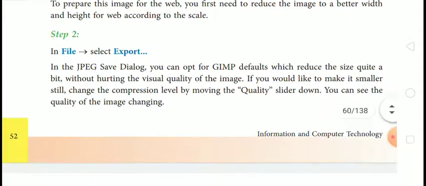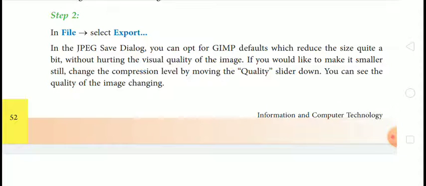Step 2 is, in File, select Export. In the JPG save dialog, you can opt for the GIMP default, which reduces the size quite a bit without hurting the visual quality of the image. If you would like to make it smaller still, change the compression level by moving the quality slider down.